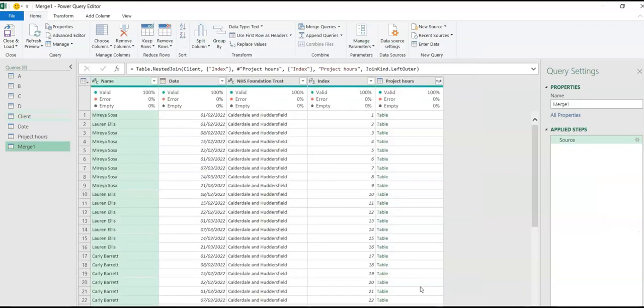Good. Now we have our new table. It's called merge. Let's give it a fancy name now, a proper table. Good. And this is our client query, and this is our project hours query, which we need to expand.